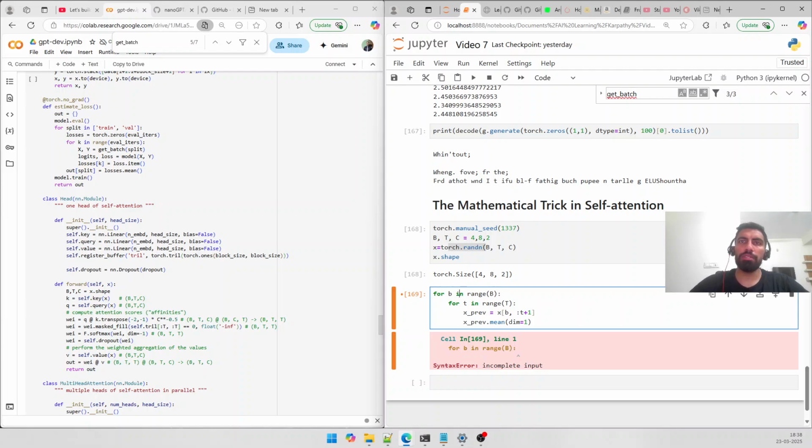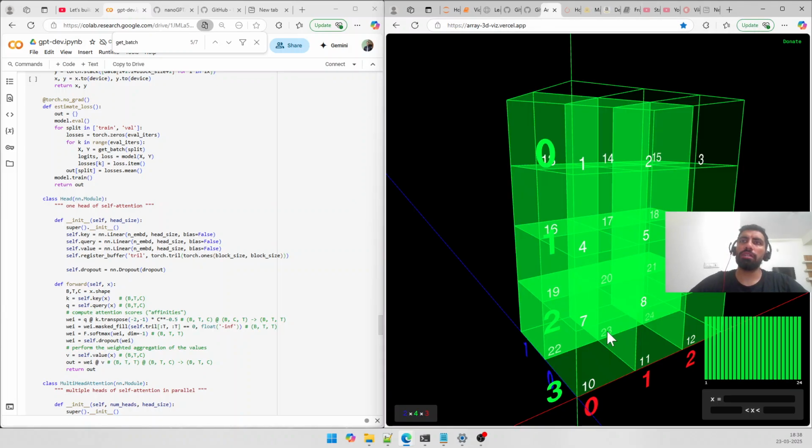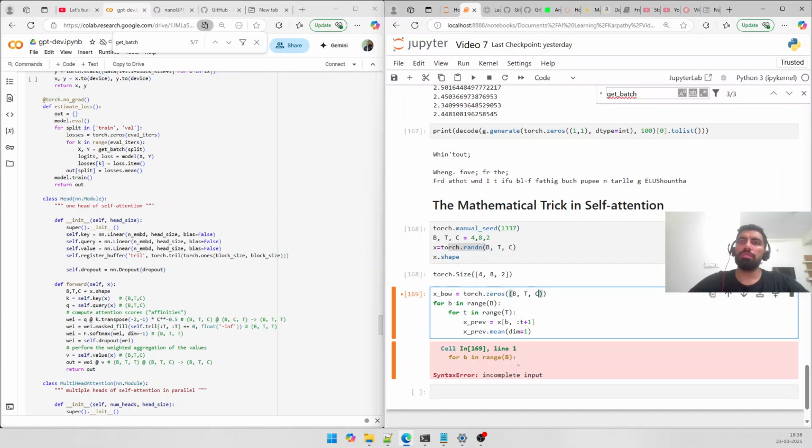Okay, and that needs to be stored as well. xbow equal to torch zeros, and it will be of the same shape, B, T, C, because for each token we'll get one of these pillars standing. So that will be xbow at b, t equal to